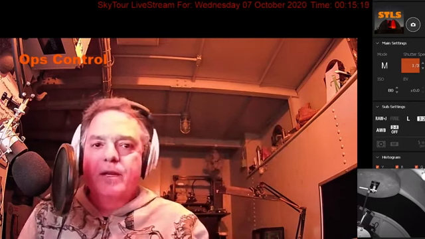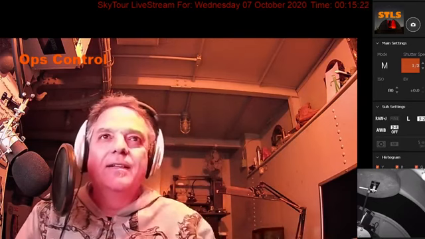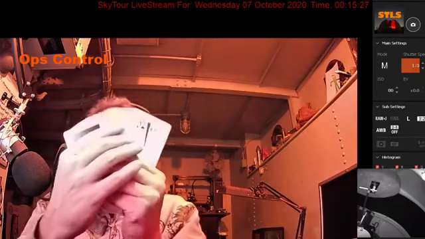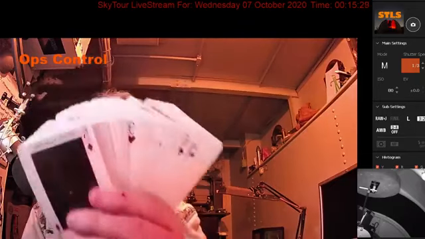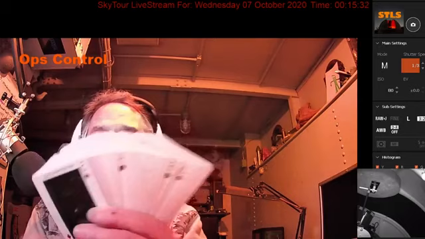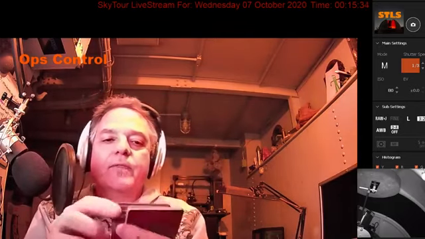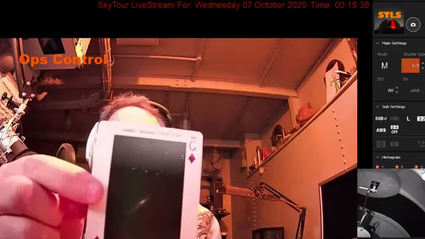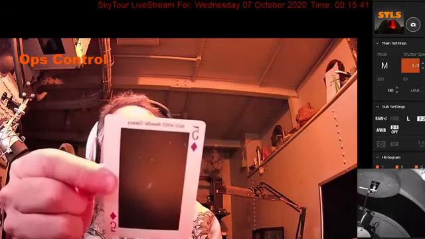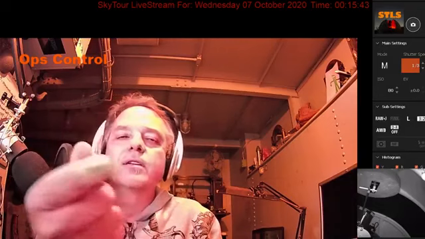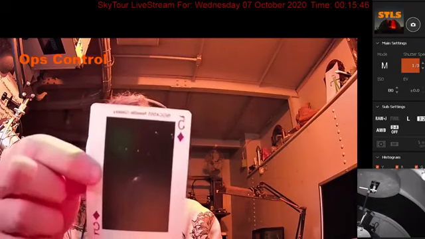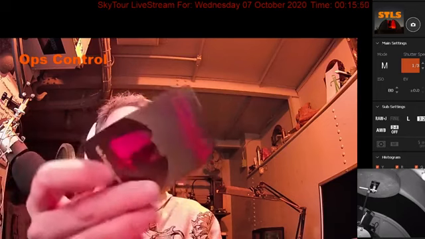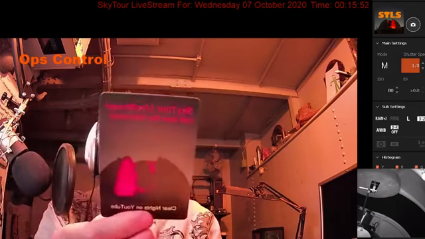Yeah, the views we're getting are from your periscope, right? Yeah, right. No. Here's what we got. Check it out. These are SkyTour Livestream playing cards. On the front, we have an object that we've taken a picture of in the observatory, and you can see its name. This here is the Needle Galaxy, one of Daryl's favorites, NGC 4565. You got it. And on the back is the very cool SkyTour Livestream.